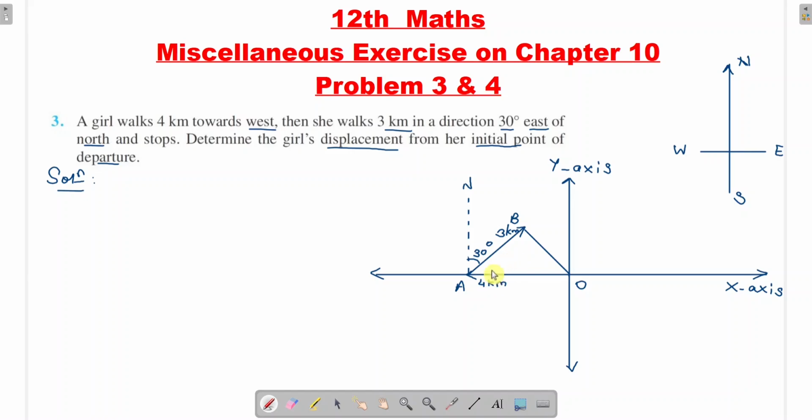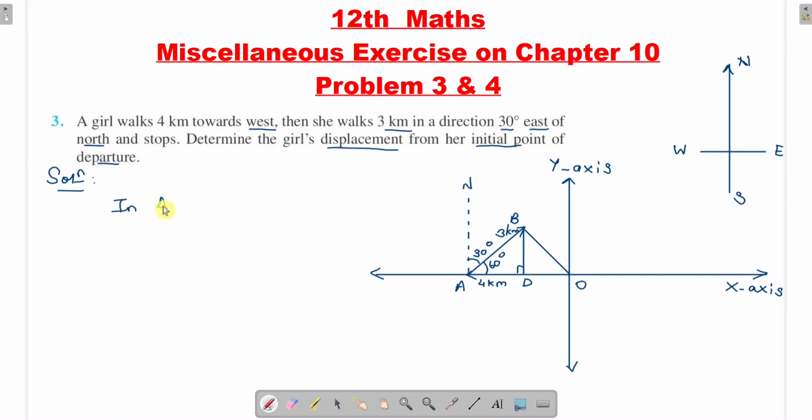Now what is given here is OA, right, here 4 kilometers. So what we will do is look at this angle 30 degrees. Since this is 30 degrees and the whole is 90 degrees, this will be 60 degrees. Now what we can do is draw a perpendicular like this to the x axis from B. So this is 90 degrees. Now if we call this D,